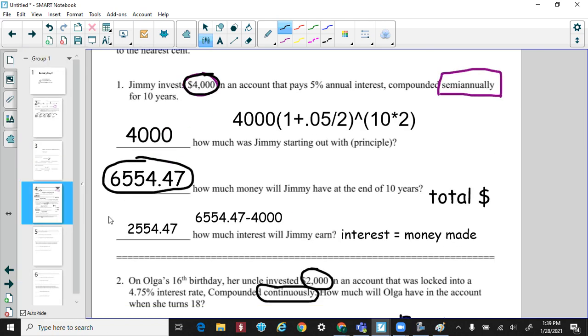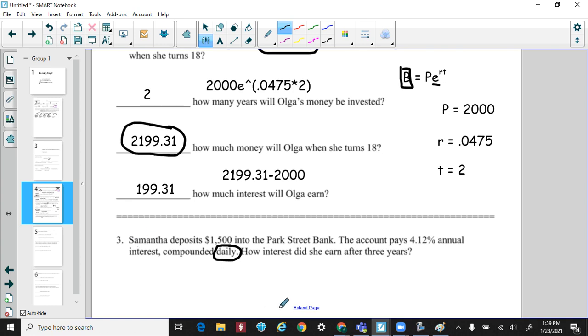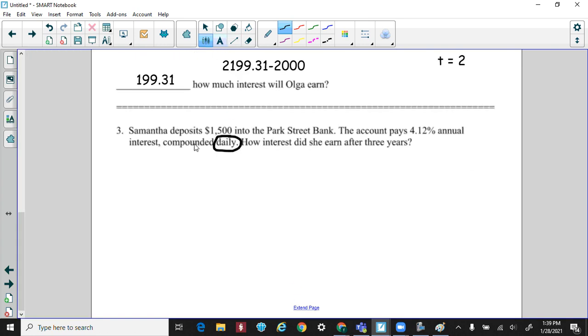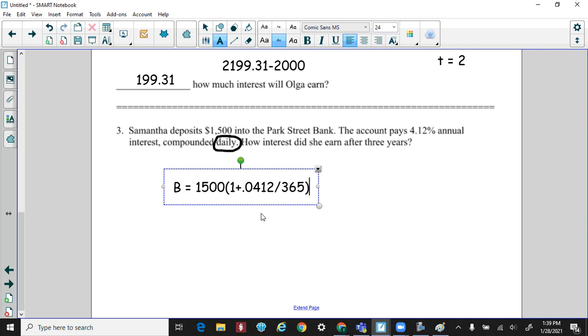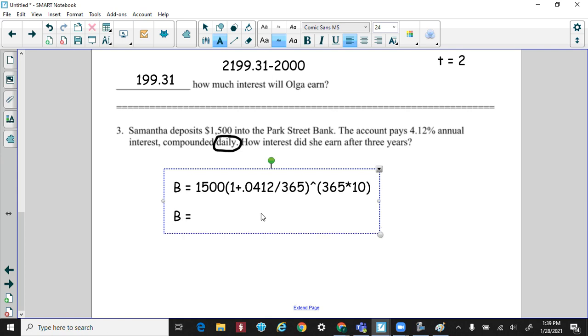So for this problem here, I'm just going to type it the way I would in the problem. B is equal to 1,500 parenthesis 1 plus the percentage as its decimal divided by daily, which is 365, close parenthesis. We're going to need to do a caret because of an exponent, 365 times 10 years. When you do the math, B ends up with